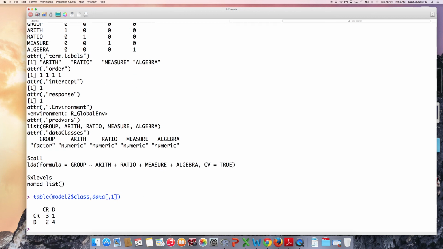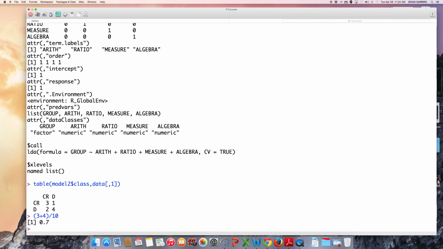Now you'll notice here that the classification percentage has gone down. And so to calculate the classification percentage, I would see that 3 were appropriately classified under college ready, and 4 were appropriately classified. So I know we can do this easily mentally, but we would do our classification rate at 0.7. So we have a 70% classification rate